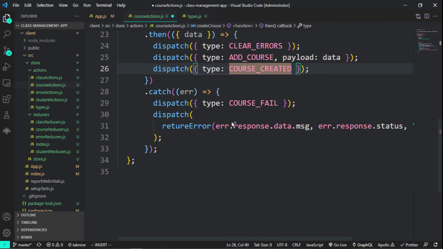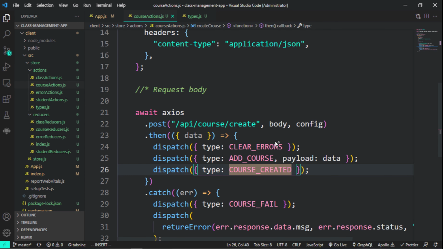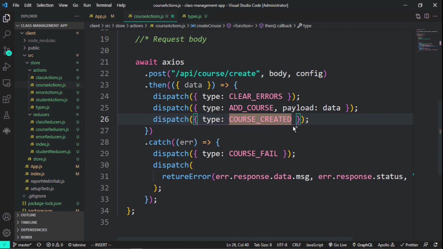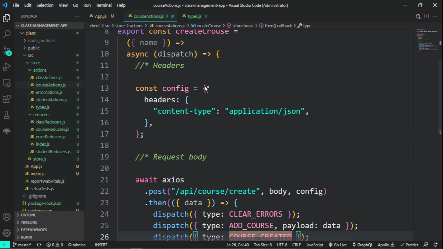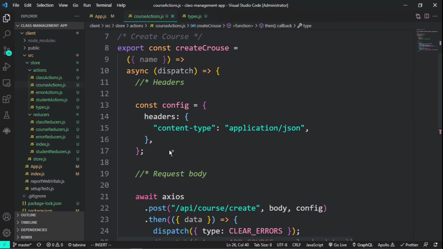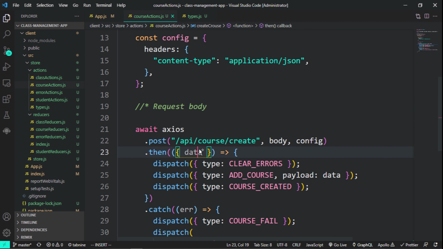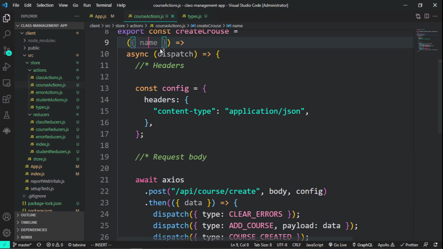So even if you use quotes here, just that in your reducer also you're gonna use quotes, but you have to use the same spelling or it's not going to trigger this type. So that's it for whenever we want to create a course. Then we have the name. We've not yet passed something to the body. So for the body,